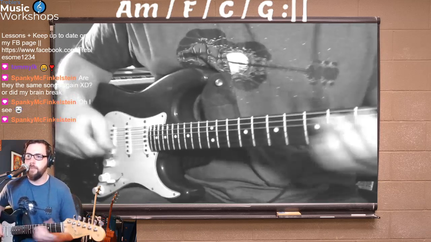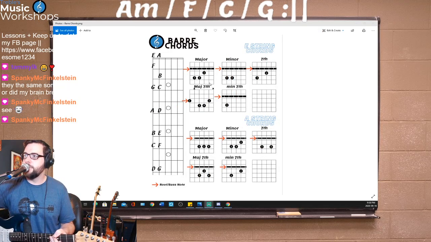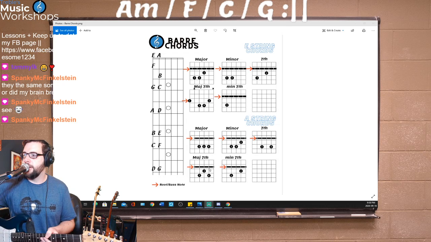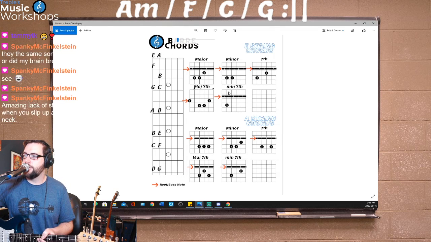Beautiful sounding chord, that one there. So let's go back to the screen. So we talked through major, minor, seventh. We've done the minor sevenths down there, done the major, minor there. We still have major sevenths to go here, and then a seventh chord just there. So let's talk through, up next, let's go to